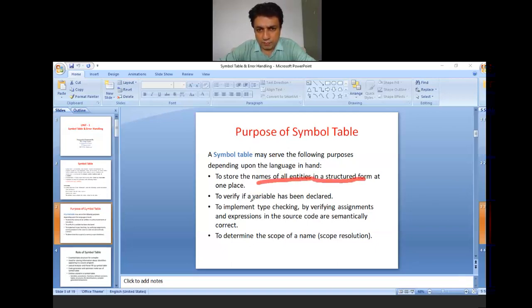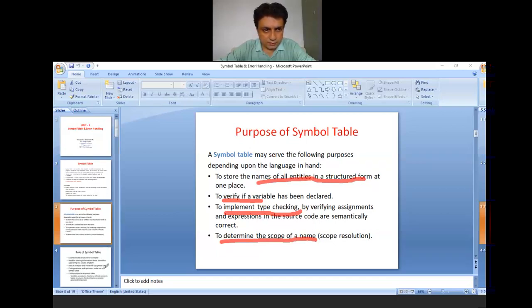To verify if a variable has been declared. To implement type checking by verifying assignments and expressions in the source code are semantically correct. To determine the scope of a name, like a scope resolution. So these are the main purposes of the symbol table.